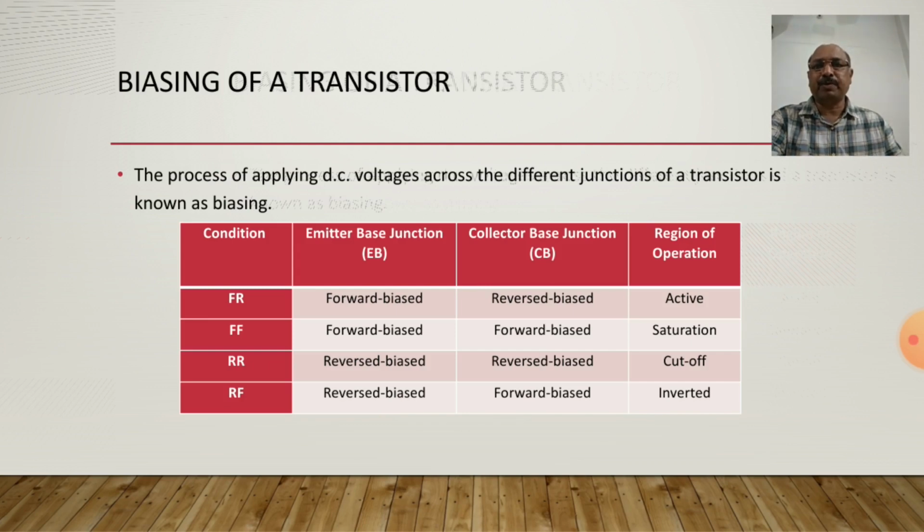The process of applying DC voltages across the different junctions of a transistor is known as biasing. As we know, there are two junctions in a transistor, as discussed earlier: the emitter base junction and the collector base junction. Each of the two junctions may be forward biased or reverse biased. Therefore, there are four possible ways of biasing the two junctions. This is shown in the table. The first condition is FR bias. It means the emitter base junction is forward biased